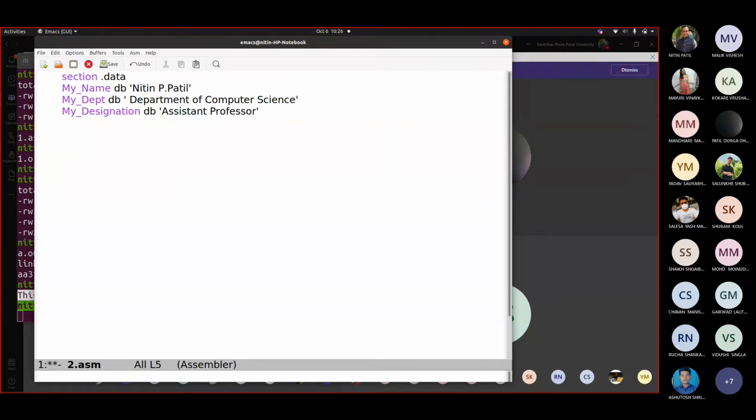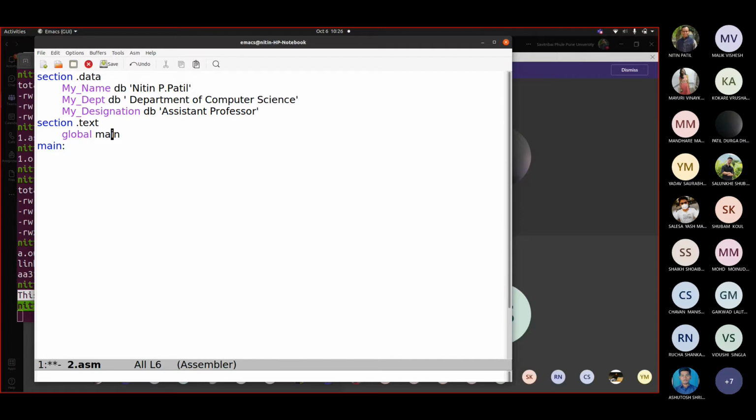Now suppose I want to display this, so let me write section .text. I could have taken this into rodata too, but right now I took it into .data. I will write global main, colon.